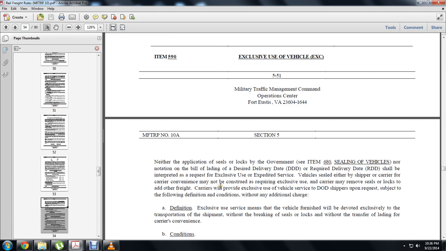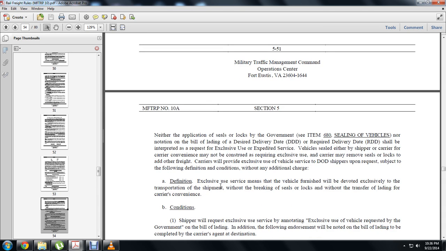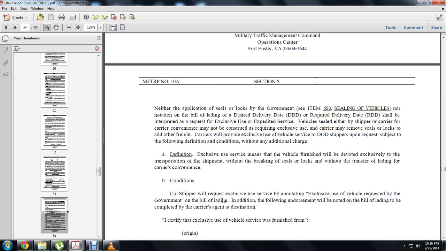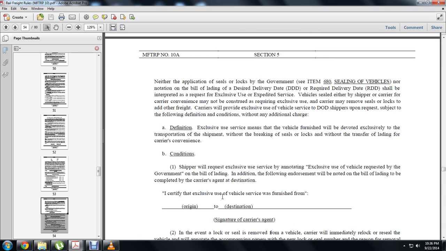Carriers will provide exclusive use of the vehicle services to DoD shippers upon request, subject to the following conditions without any additional charge. The exclusive use of the service between the vehicle furnished and the devoted accessibility transportation of the shipments without breaking the seals of the lock, without the transfer of lading or carrier's convenience conditions. The shipper will note exclusive use of the vehicles requested in the government bill of lading. In addition, the following endorsement will be noted for the billing of lading completed by the carrier at the agent at destination. I certify to use the vehicle services furnished from origin to the destination. Signature of